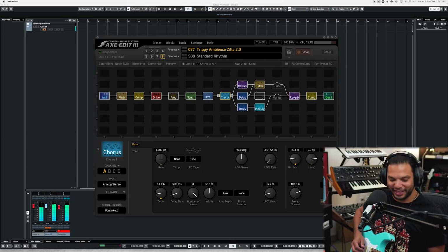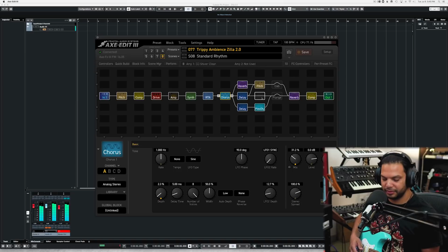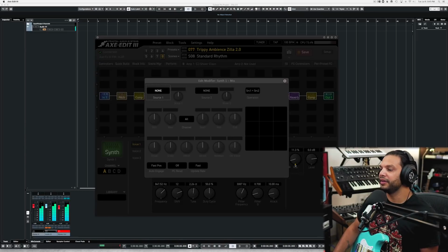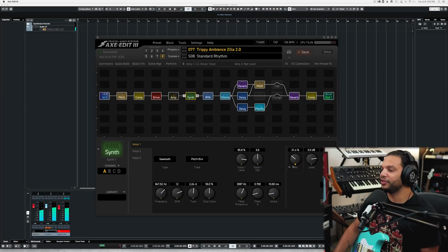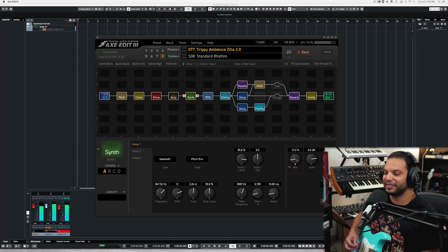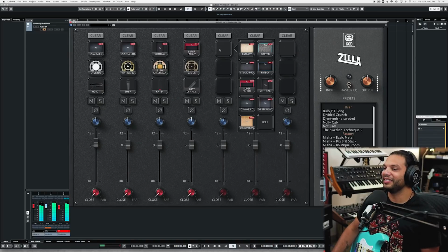I'm maxing everything out. I'm also using the LFO here, which is set to random, to modulate the mix on the Axe-Fx. I know this is becoming a bit of an Axe-Fx lesson, but